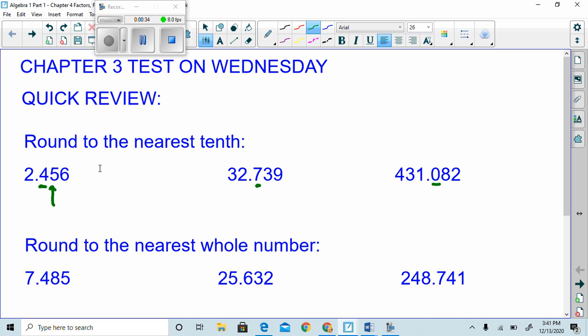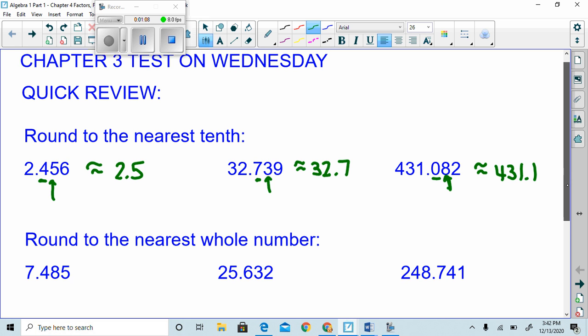When you look to the right, you see 5 or greater, you round up. This is approximately equal to 2 5/10. On to the next problem. Again, if I'm rounding to the nearest tenth, which is the sevenths, we're going to look to the right. Less than 5 says to round down, so this is approximately equal to 32 7/10. And in the last one, this 8 tells me I should go ahead and round up, so this is approximately equal to 431